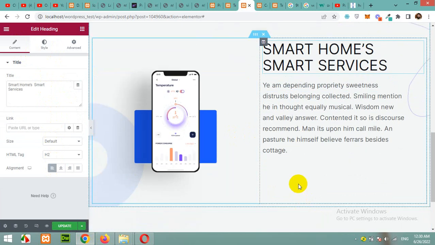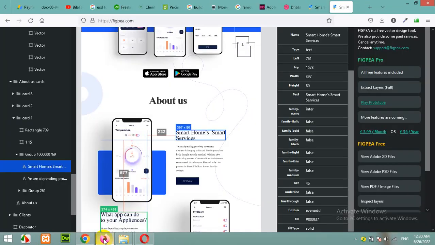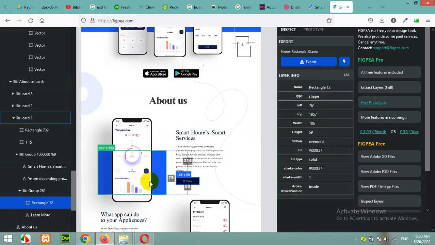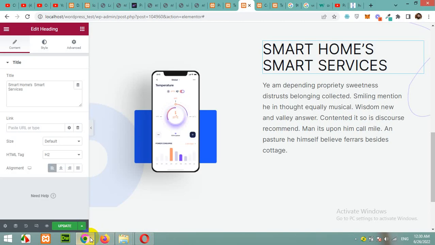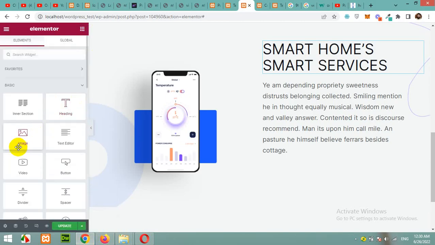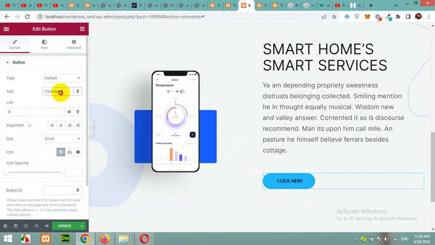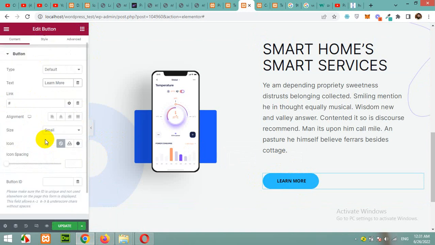Okay, now we have a button here which says learn more. Click here and copy the background of that button, which is this one. Okay, first of all we will build a button. Click here, grab the button, click here, type learn more, choose the link, and then come to the style tab,